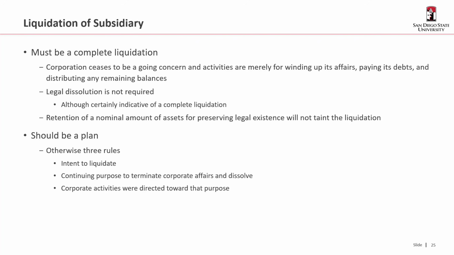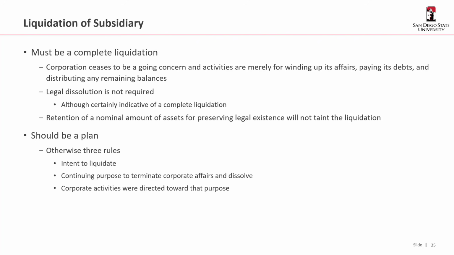There is a permission to retain a nominal amount of assets, basically to preserve the legal existence of the corporation, right? So imagine that just keeping the legal entity means you have to file state legal papers and some other things on a year-to-year basis. So that means that subsidiary isn't completely liquidated legally and really does have a nominal amount of assets so that it can pay these fees and these sorts of things. And that can be done for trademark reasons and some other reasons, to the extent that there's a legal purpose for retaining that subsidiary.